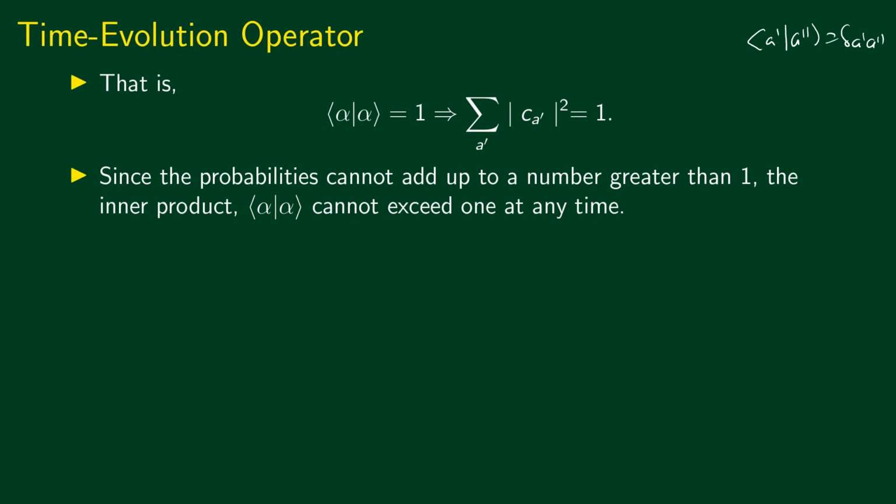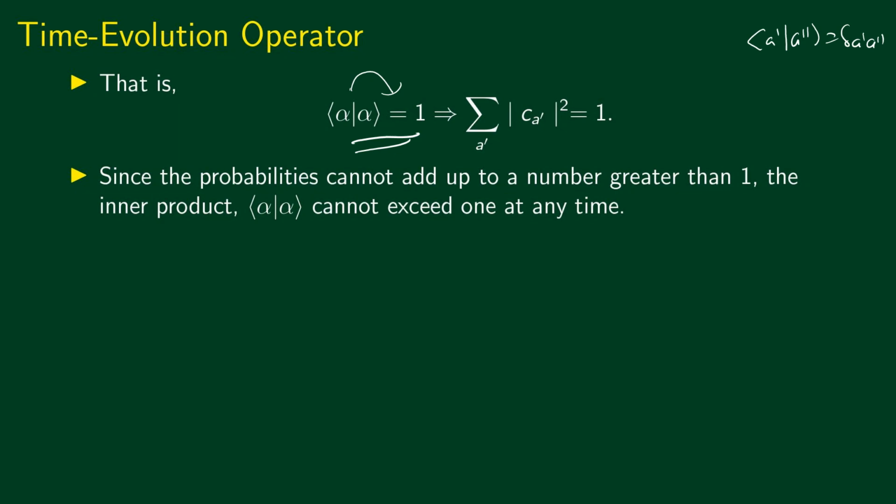Now let's talk about the conservation of normalization. Now we have interpreted these expansion coefficients, or the modulus square of the expansion coefficients, as the probabilities. The value of normalization actually tells us that probabilities add up to 1. Since these are the probabilities, they cannot add up to a number greater than 1, because if you add all the probabilities, the maximum it can have is the value 1.